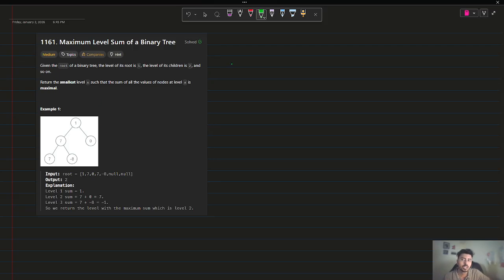according to the problem statement, given the root of a binary tree, the level of the root is 1. So the level of the root is going to be 1. The level of its children is 2, and so on. That means the level of children will gradually increase. That means the level of these two is going to be 2, right, according to the problem